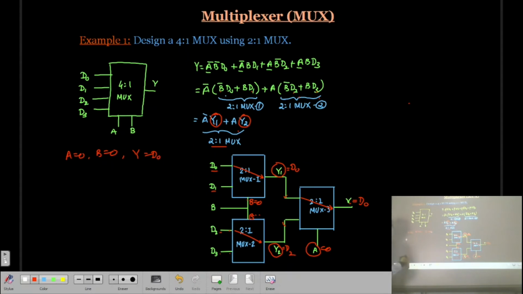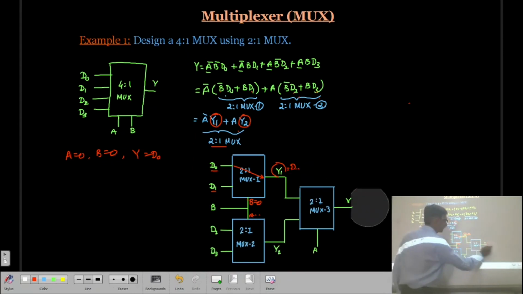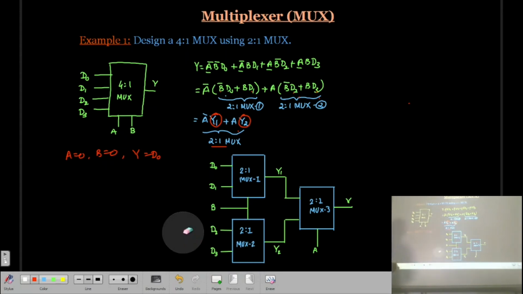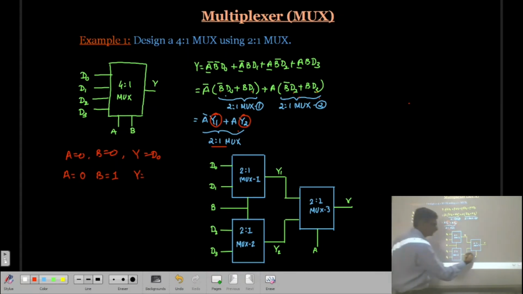Now if we take one more example, if A is equal to 0 and B is equal to 1, what is Y? Here A is 0, which means Y1 is going to be selected. Correct? And B is equal to 1, which means D1 is selected here and D3 is selected here.